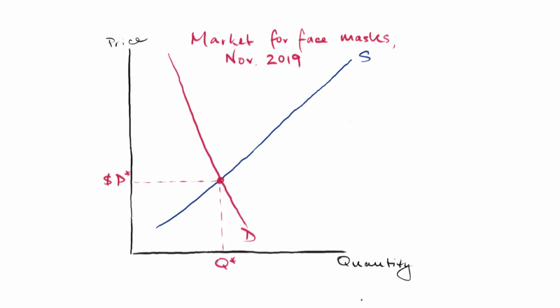Sorry. I'm going to do an example right now of what happens to a market when there is a change in demand. So here, the market for face masks in November 2019, before the COVID pandemic. There was some demand for the face masks. That's the red demand curve. There's some supply, and the market was in equilibrium at a price of P star, where Q star masks were purchased. Then the pandemic came along,